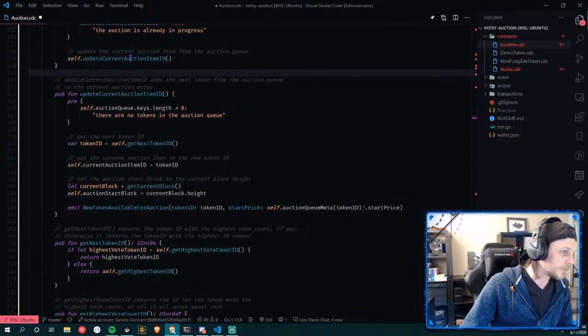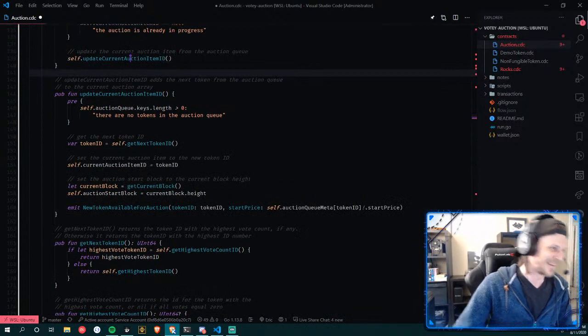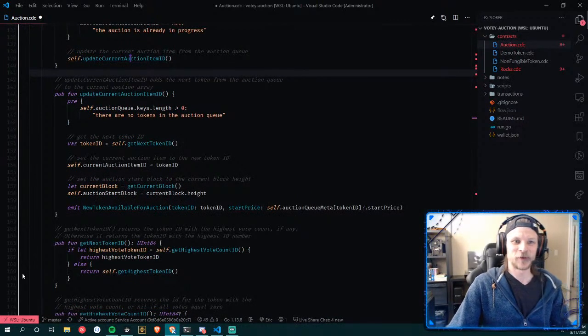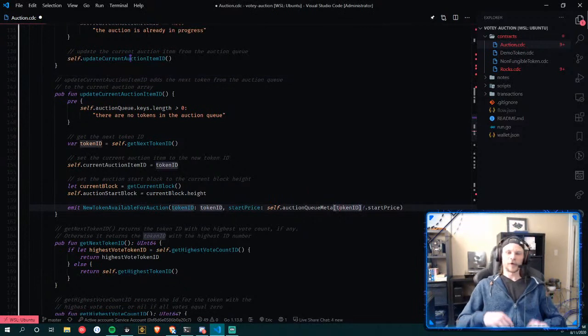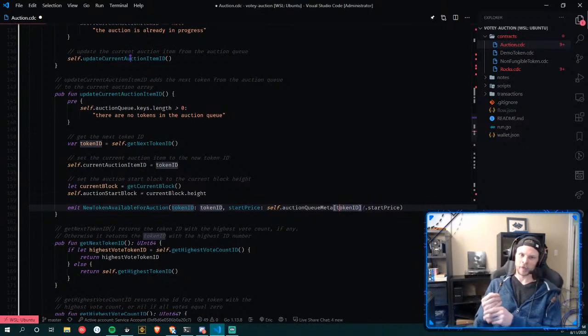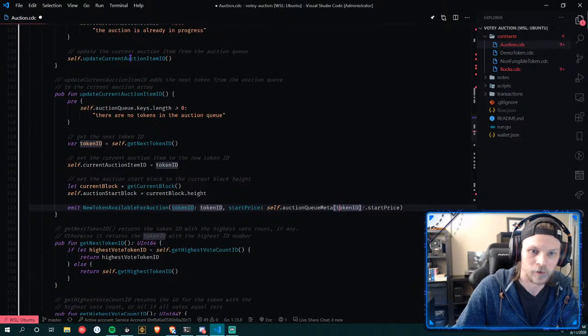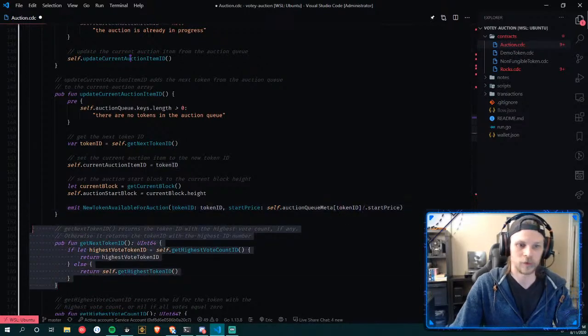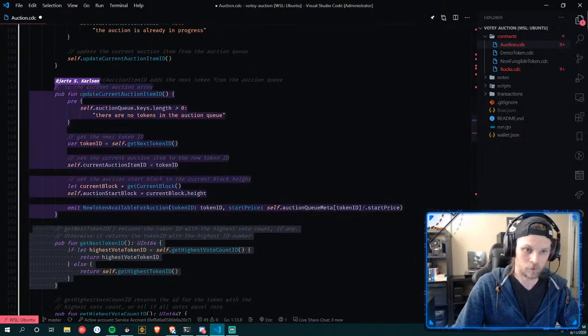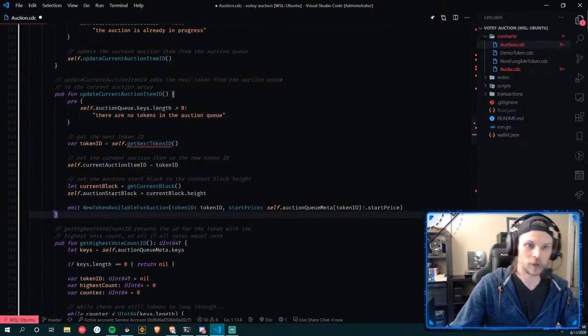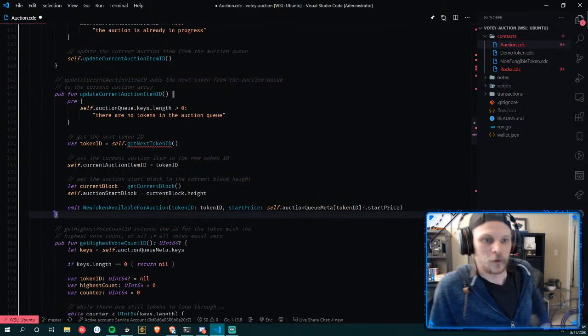So what are you doing now? We're starting to rip out things? Yeah, I'm just ripping out. We don't really need to move through a queue anymore, right? We just need a collection, and we need the ability to bid on a token ID in the collection. So all of these methods, like get highest token ID. Yeah. Maybe update auction items. Settle auction, we need that. Yep. So, should we just start ripping out code? Okay. You betcha. Let's see how this works. Let's see how this syncs up.